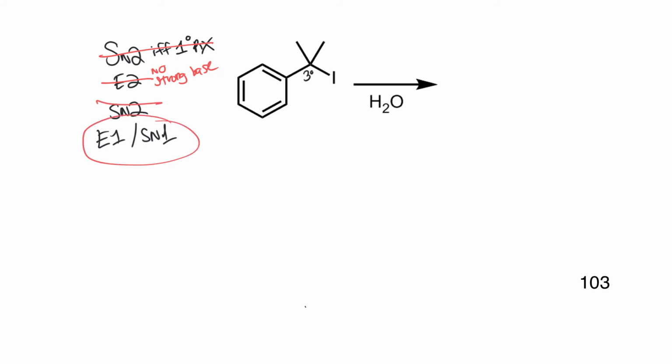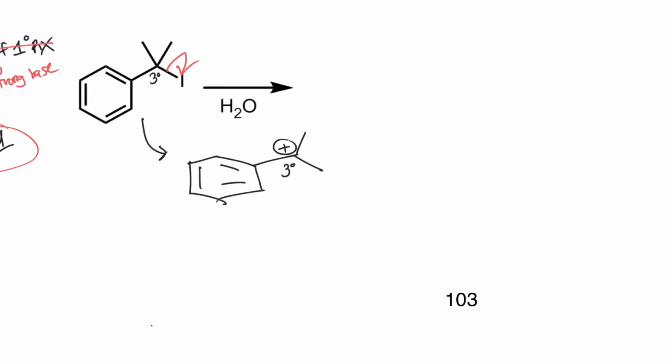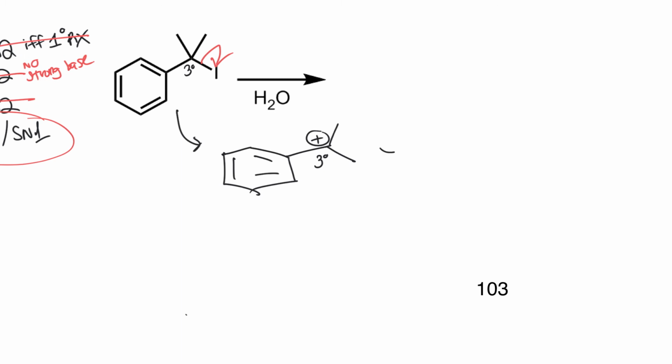Our only choices. We're down to the bottom feeders here. We don't love to do the first order, but that's our only option. So we need to draw the E1 and the SN1 product, being mindful of possible rearrangements. Same first step for both. Leaving group leaves. We have a nice tertiary carbocation that's resonance stabilized. So that's about as good as it gets. So we can just keep going. We don't have to worry about rearrangement. But we have both fates to consider. We have the E1 path and the SN1 path.